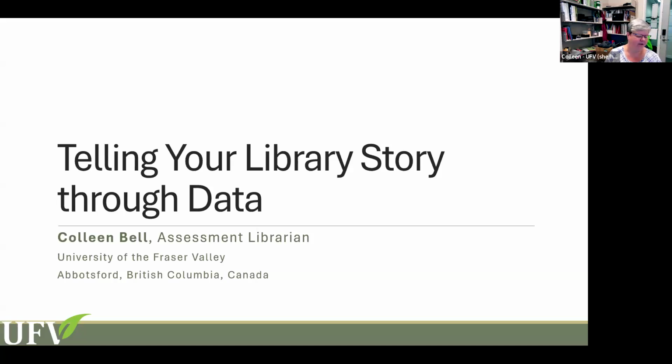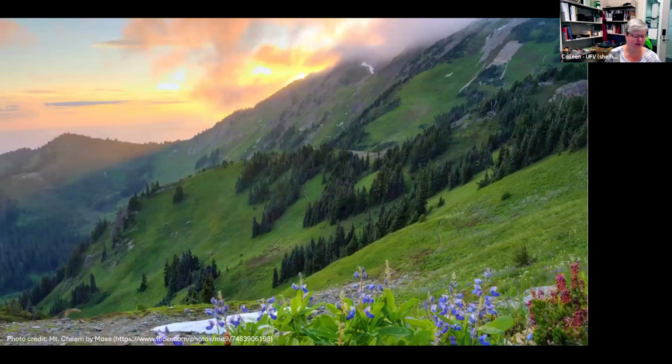Good day. I'm speaking to you from Stolo Tumuk, which is the sacred territory of the Halkomelem-speaking Stolo peoples, who have nurtured and stewarded the land on which I work since before the first sunrise. Many years ago, I visited your beautiful Table Mountain, so I thought I would share a photo of one of our many beautiful mountains. This is Mount Cheam, situated about half an hour east of here. It's an important part of the Stolo mythology and culture. The Stolo are the indigenous peoples who inhabited this land long before the settlers came along.